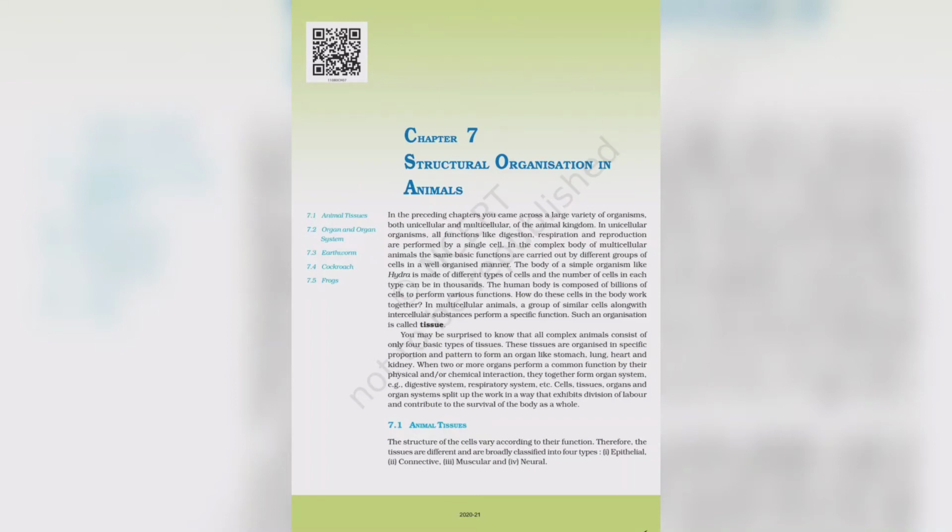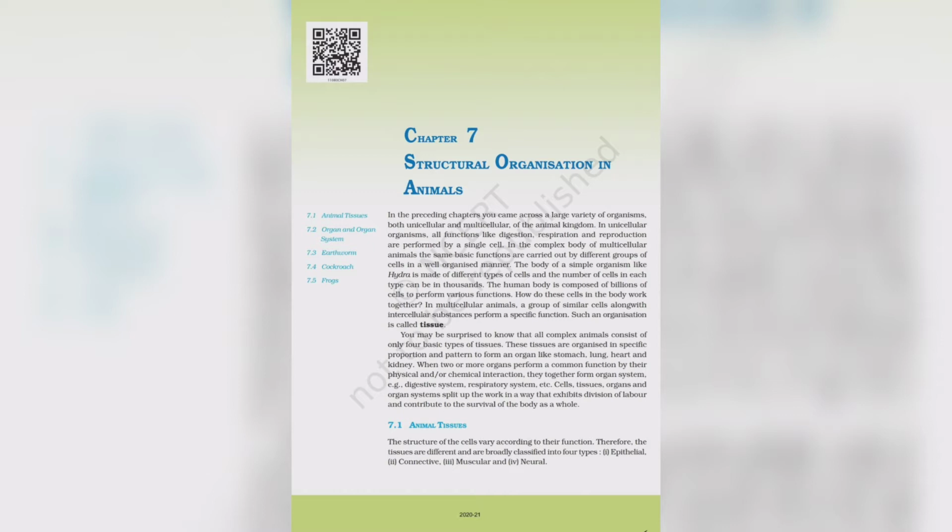Now we are going to read chapter number 7 of NCERT Biology, Structural Organization in Animals. In this chapter, you came across a large variety of organisms, both unicellular and multicellular, of the animal kingdom. In unicellular organisms, all functions like digestion, respiration, and reproduction are performed by a single cell. In the complex body of a multicellular animal, the same basic functions are carried out by different groups of cells in a well